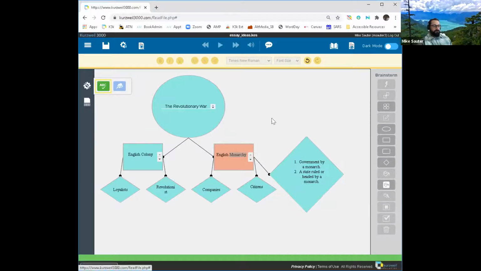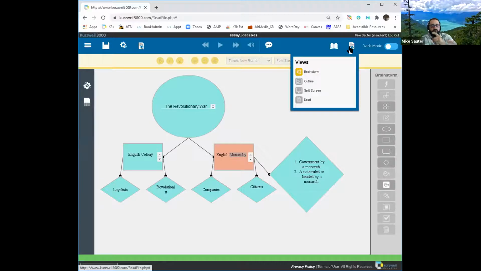Wonderful. Now, I want to show you something that is really, really fun. Now that we have our brainstorm filled in, up here on the top right, there's an icon that's labeled as views. And what this allows me to do is quickly change the view of my document. So if I select outline view, because the brainstorm's already colored because that's what we are now, but if I select outline view,